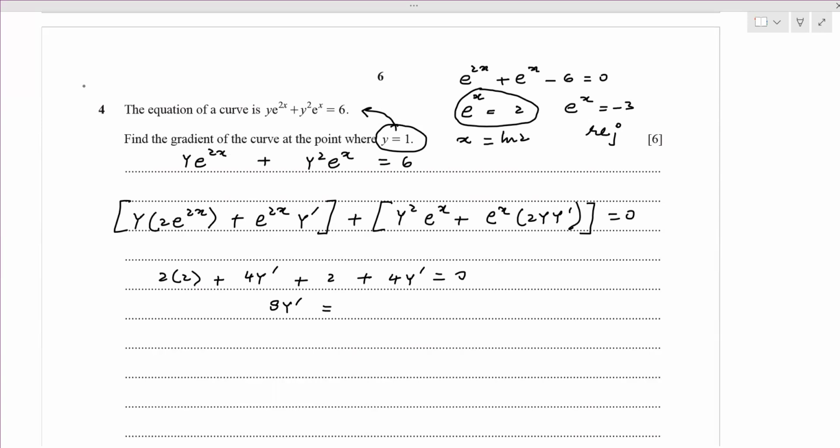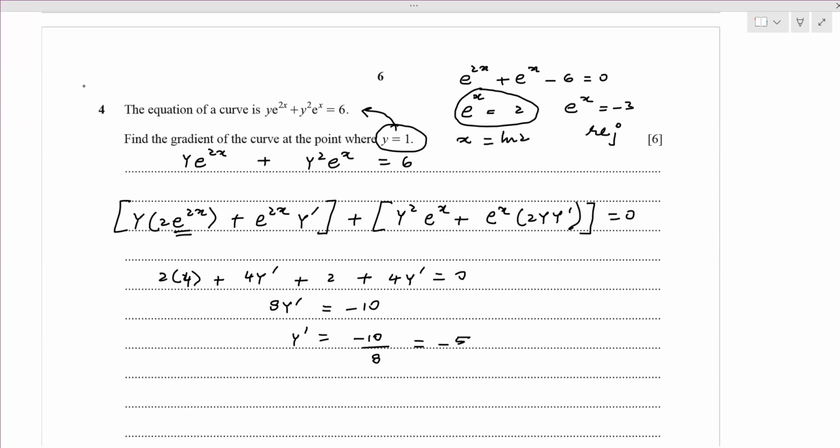2 2s are 4, 4 plus 2 is 8, right? Here it is. अच्छा, एक चीज देखिएगा, इन दिस जब हमने e power x को 2 रखा तो 2 का स्क्वायर तो 4 होगा. So here it will be 4 2s are 8, 8 plus 2 is 10. उधर जाकर minus 10. So the value of y dash is minus 10 over 8,